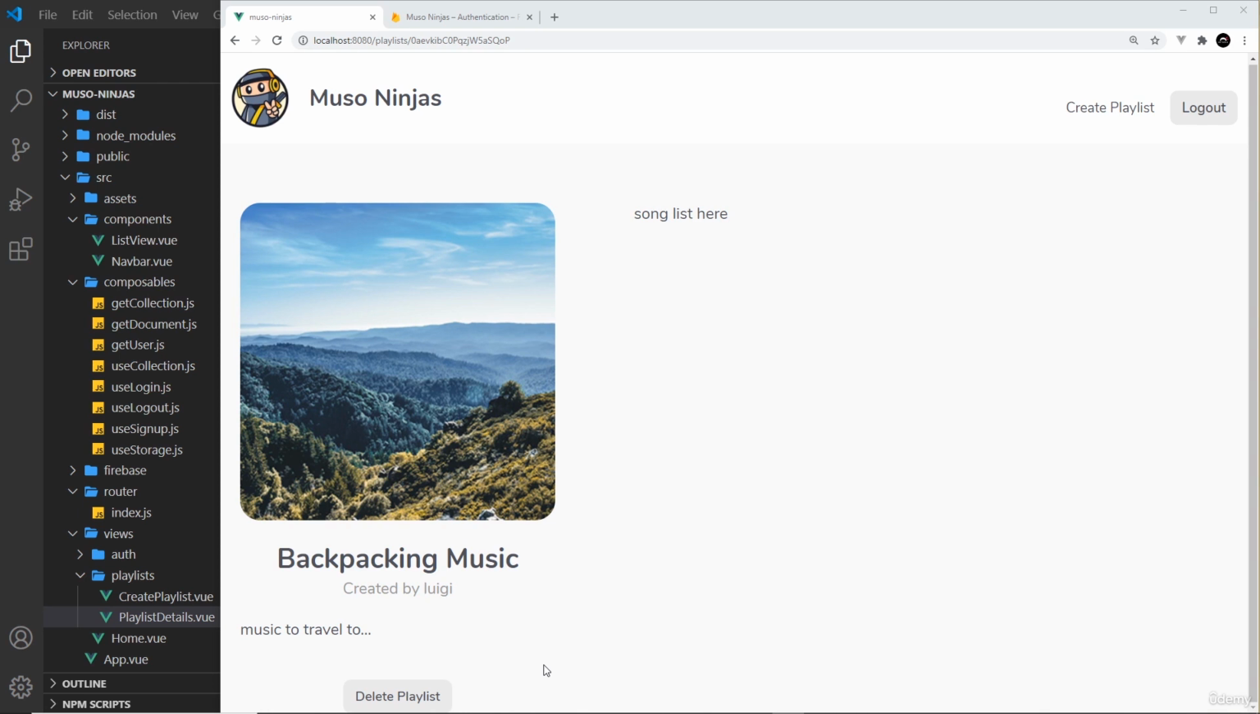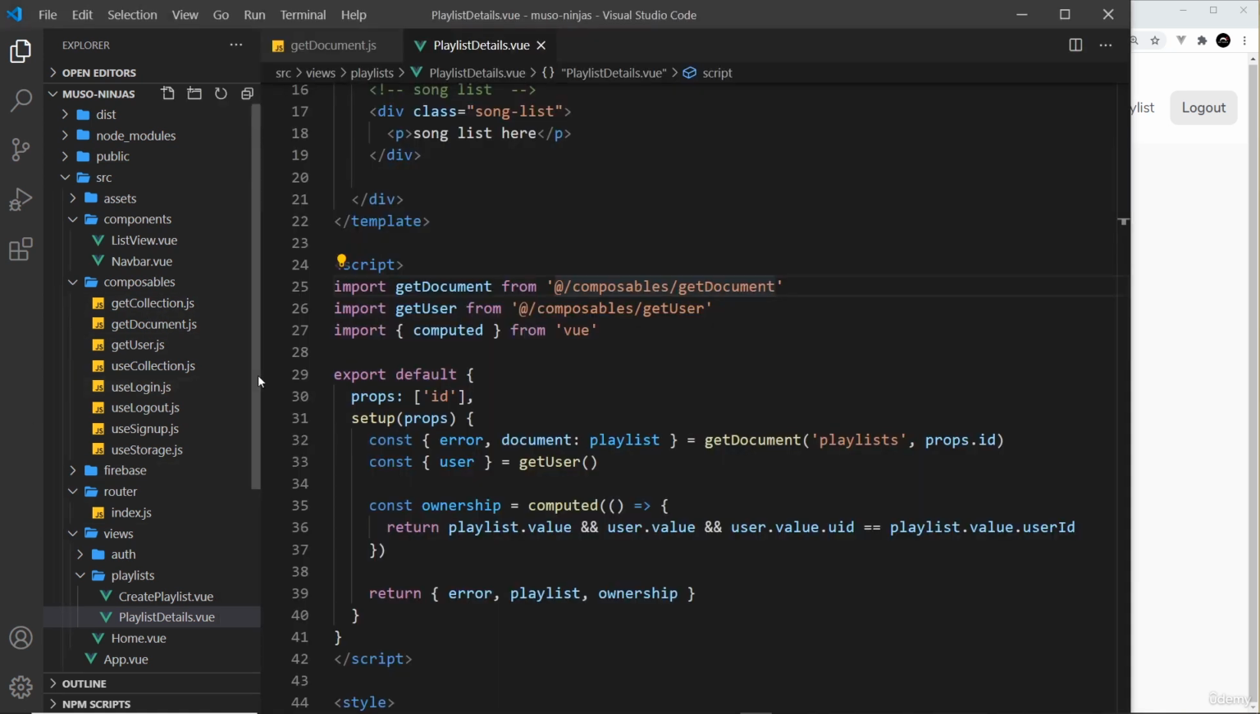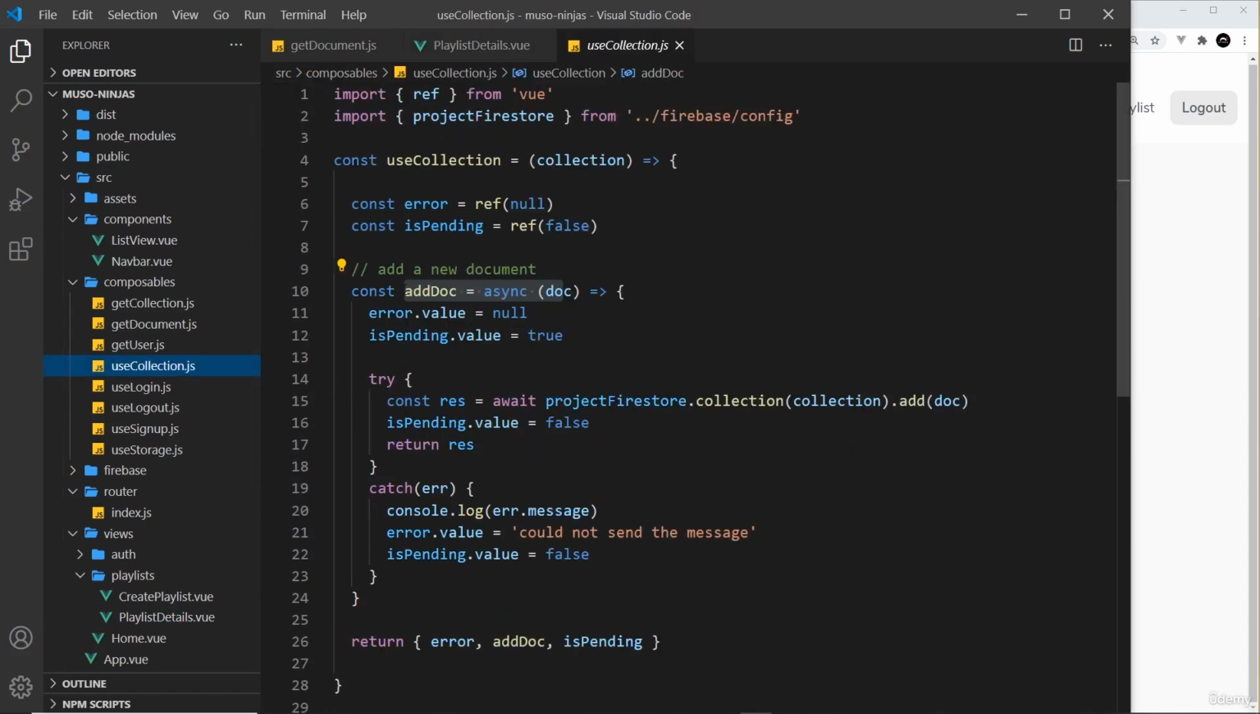Alright then, so now we have this delete button down here. Let's hook it up so that it actually deletes the playlist from our Firestore database. Now we're going to place the logic for this inside one of our composables. And you might, to begin with, think, well, let's put it in useCollection because we have this addDoc right here. Why not place a deleteDoc as well? But we're not going to do that because